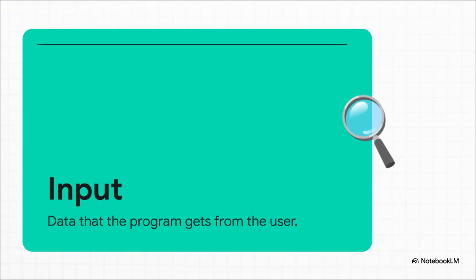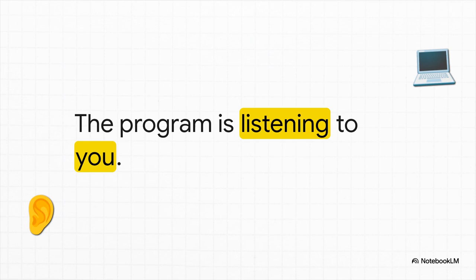The first word is input. And all that really means is any data that a program gets from you, the user. So your name, a number you type, a button you click, all of that stuff, that's all input. It's how you give information to the program. To put it another way, when a program is asking for input, it's basically just listening. It's hitting pause and waiting for you to give it some piece of information that it needs to do its